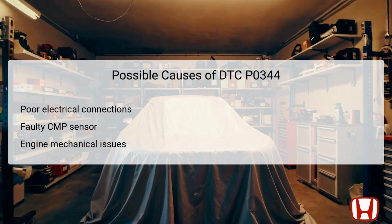Over time, wear and tear can affect the sensor's ability to accurately monitor the camshaft's position. Additionally, engine mechanical issues such as a damaged camshaft, timing belt, or related components can impact timing and result in the DTC. Therefore, a comprehensive evaluation of electrical connections, the CMP sensor's integrity, and engine mechanical components is essential for